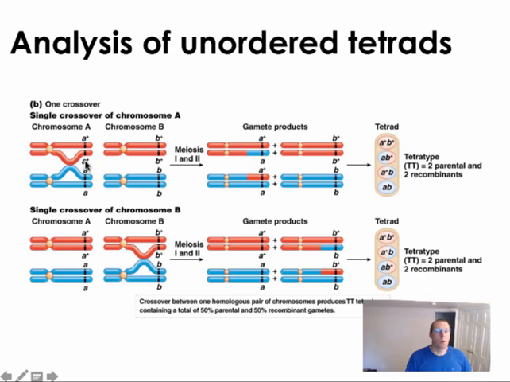Now, what about if we get crossing over? If we get crossing over between homologous chromosomes, then we're going to start to get some diversity. If you track the crossover that you've got going on here with chromosome A, that would be our first option, a crossover on chromosome A. You can see what the gamete products would be here, and you can then see what they would end up